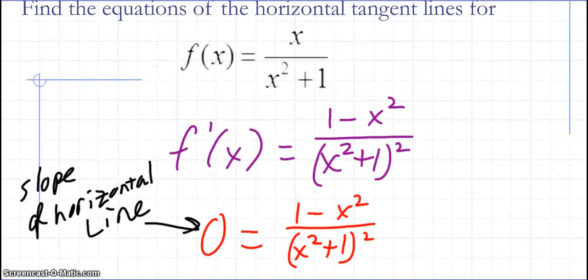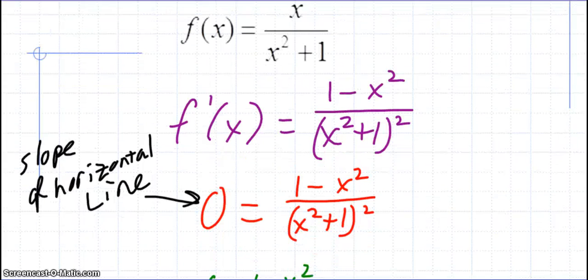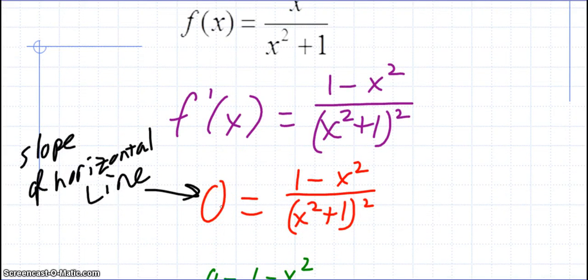So there are 2 horizontal tangent lines to this function. How do we come up with that? Well, we take the derivative and we set the derivative equal to 0. Why do we set the derivative equal to 0? Good question. We do that because the slope of a horizontal line is 0, and remember, derivative represents the slope